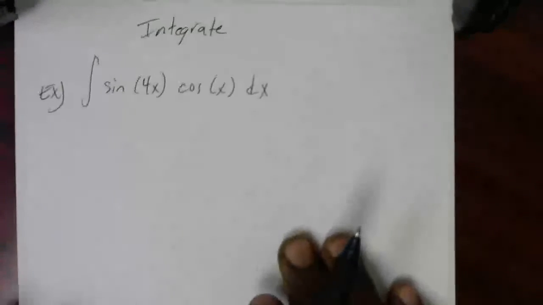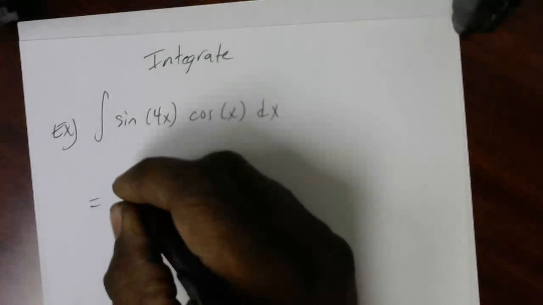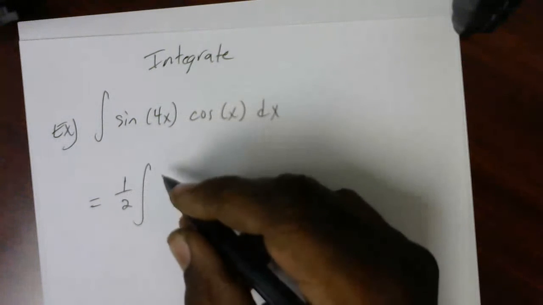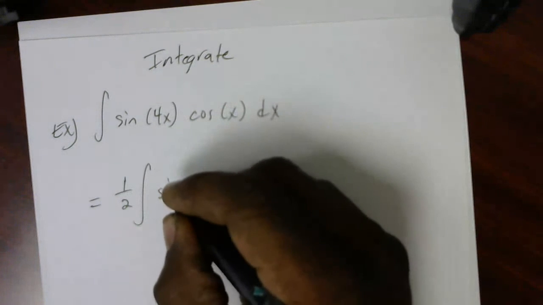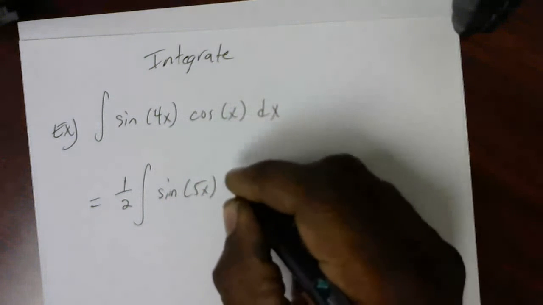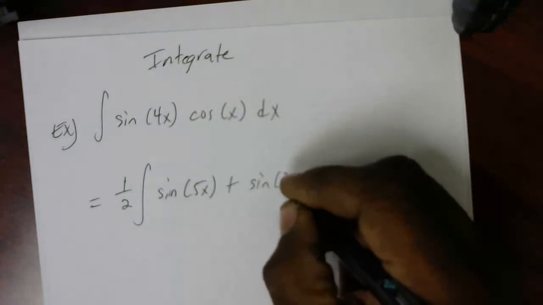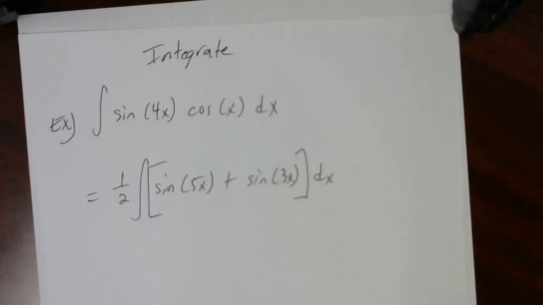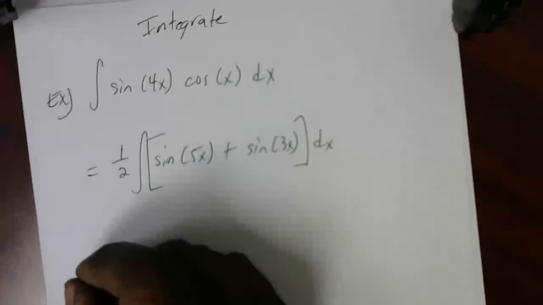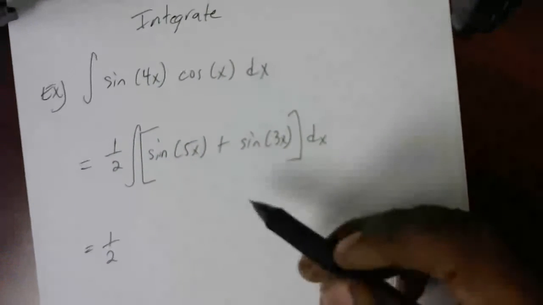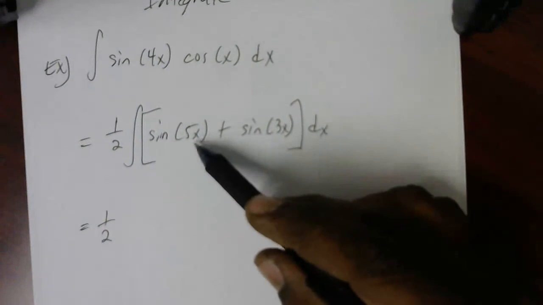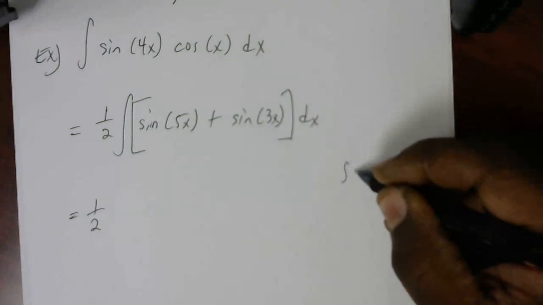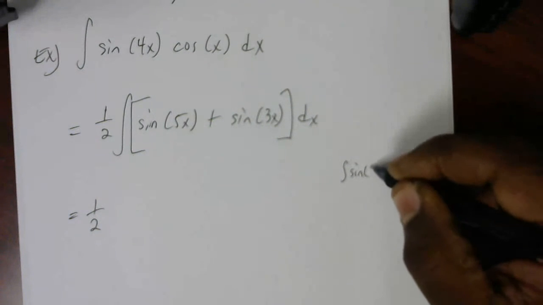So this now becomes 1/2 times the integral of sine of 5x plus the sine of 3x dx. So now I'll integrate the sine of 5x. Okay, I'll do that over here. The integral for the sine of 5x,